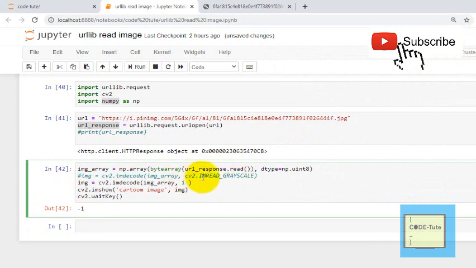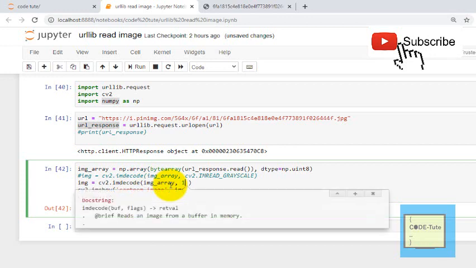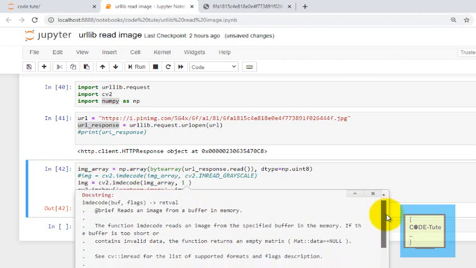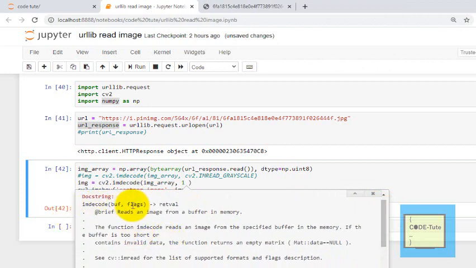So instead of cv2.IMREAD_GRAYSCALE, I have written 1 here. If you press Shift and Tab, you will be able to see the documentation for imdecode. So what is it? imdecode(buf, flags) reads an image from a buffer in memory.